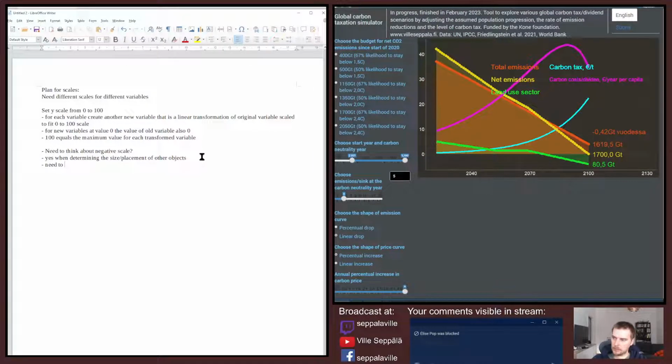Need to have a variable to place objects at x% height and also length. So this would just take